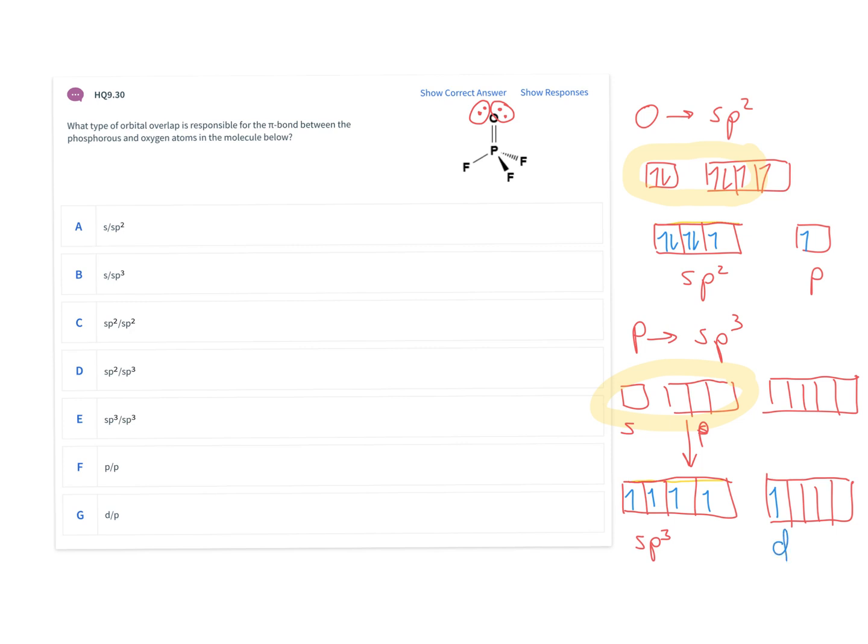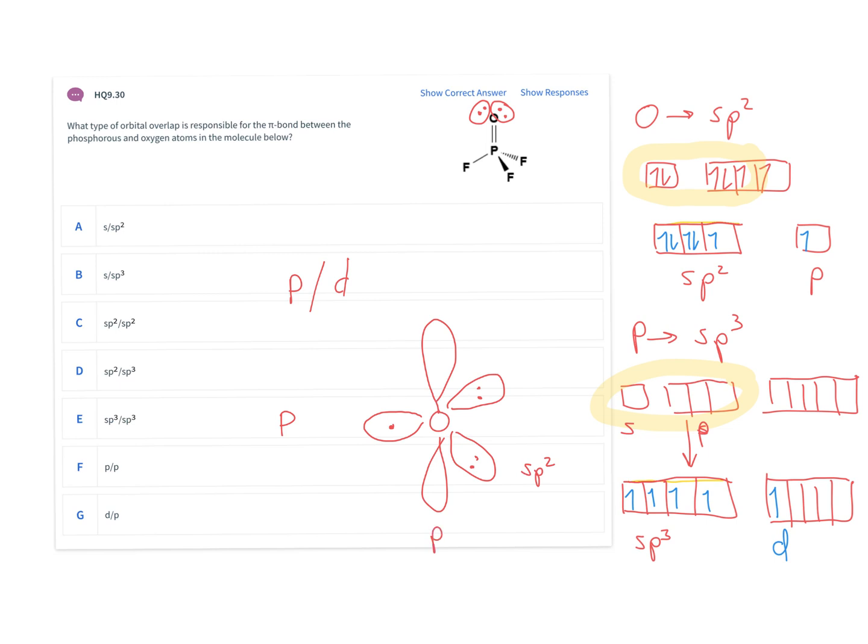And so the orbital overlap for my pi bond will be between the p orbital on oxygen and the d orbital on phosphorus. That's because we already have the sigma bond. If I were to draw phosphorus and oxygen, oxygen is sp2 hybridized, so here are my sp2 hybrid orbitals that are 120 degrees apart. Oxygen is taken care of. Here are my lone pair electrons, I have 1 electron here in these sp2 hybrid orbitals, and I have my 1